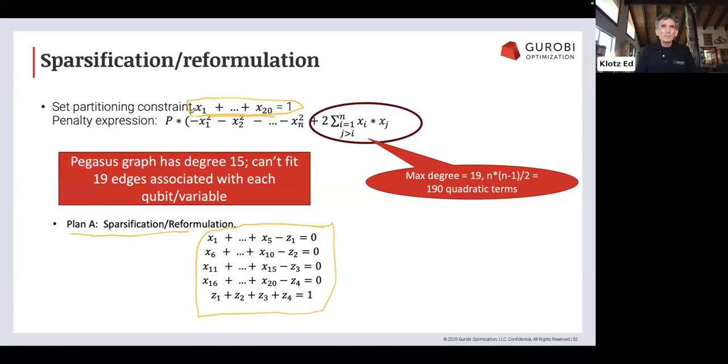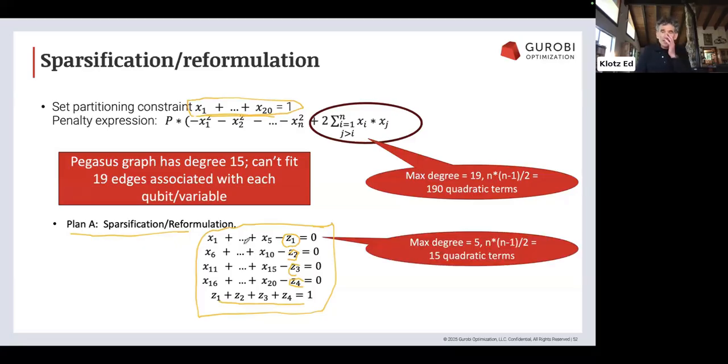So basically, I break up my 20 binary variables into 4 groups of 5, assign them to a new binary variable, 1 for each constraint of this type. So I add 4 new binary variables, and then add a constraint that the sum of the 4 new binary z variables equals 1, and any feasible solution for our original constraint will be feasible for this 5 constraint expression and vice versa. But now let's think about how we would embed the penalties, thinking about how we would penalize